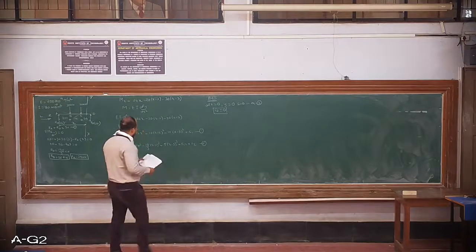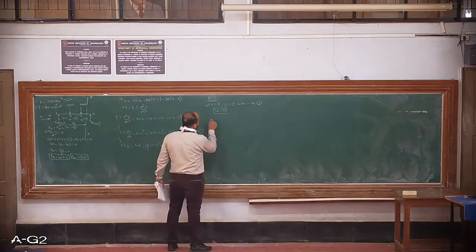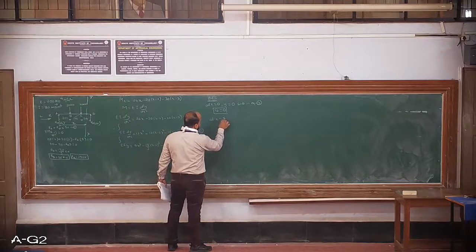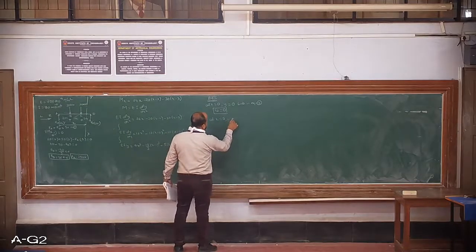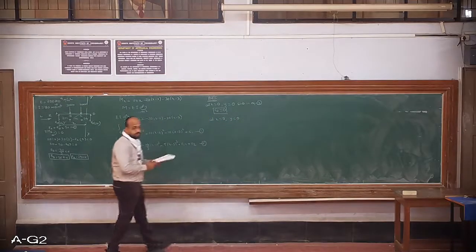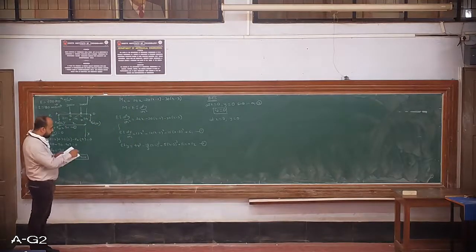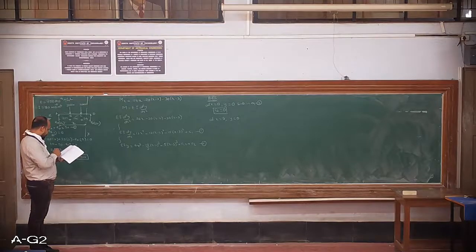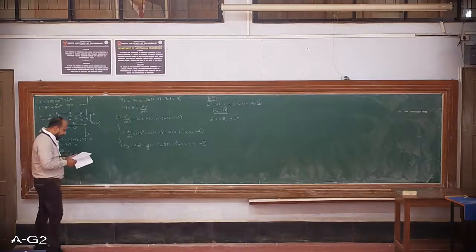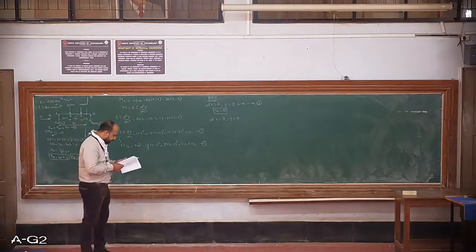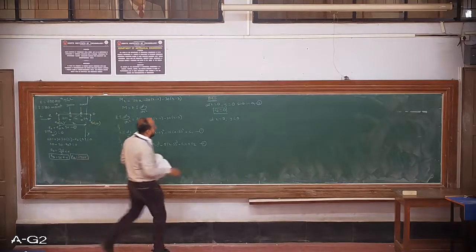At x is equal to 5, that is at the support, y is also 0. Slope is not 0 because we are taking the tangent. So at x is equal to 5, here at the supports, the deflection at point C is 0. At x is equal to 5, y is equal to 0. Again, I will substitute this in equation 2.